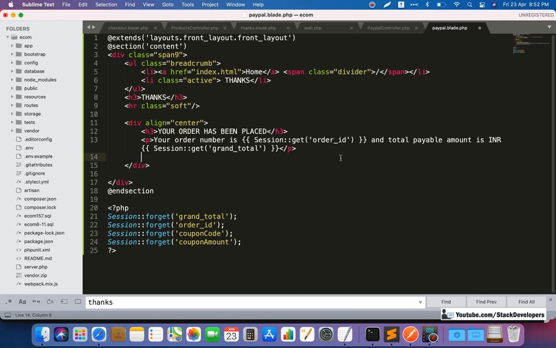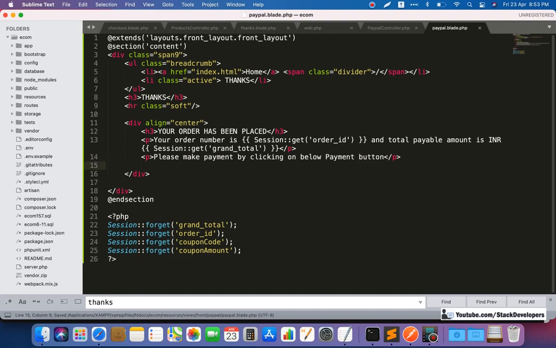Here we are going to write one more line. Here we will write, please make payment by clicking on below payment button. We are going to write like this, and here the PayPal form will come.